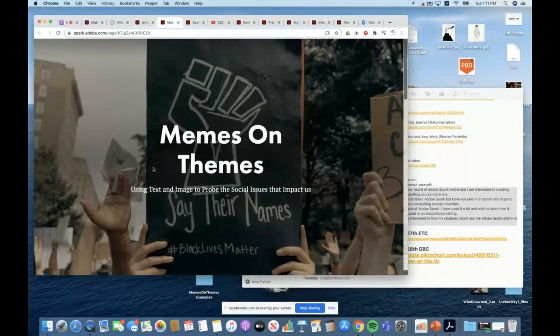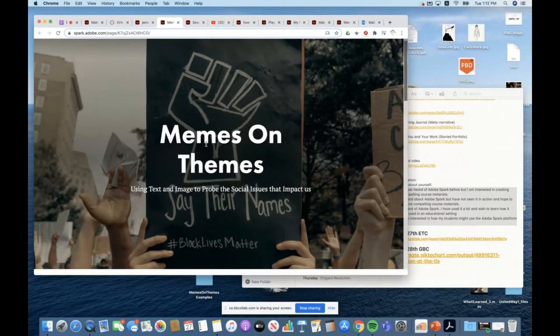Now, this is one that you might be using. I don't know what your various subject matter might be, but this is one that could be used virtually for any subject matter. And this is a project I did with my students, and it was called Memes on Themes. It was just exploring social issues that were affecting them using a combination of text and images.